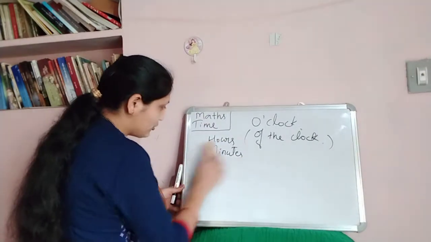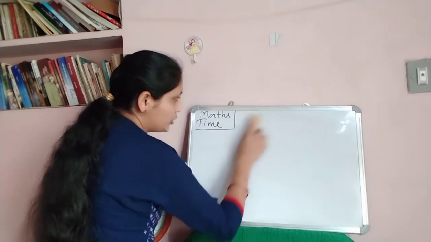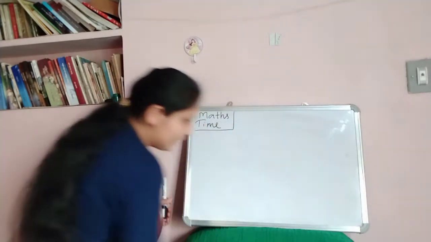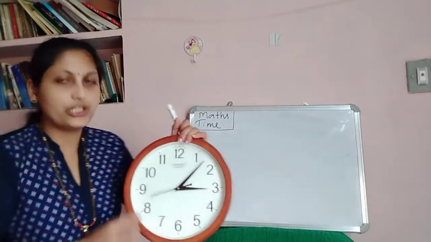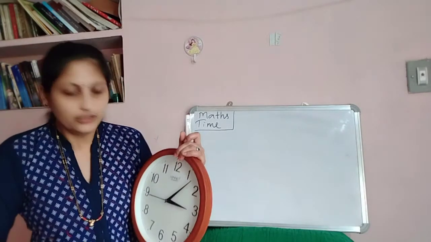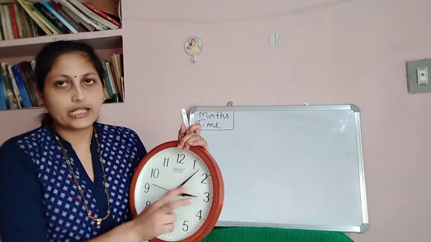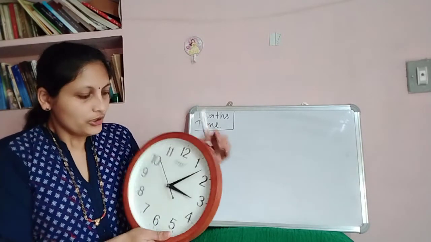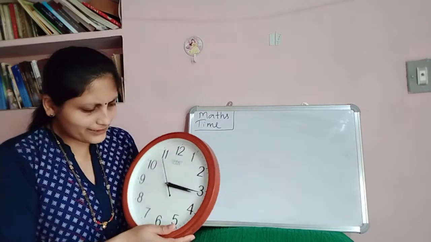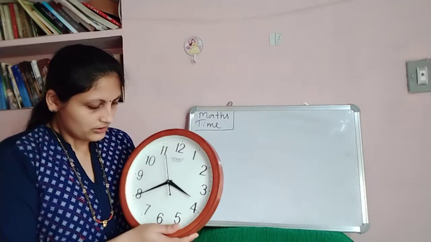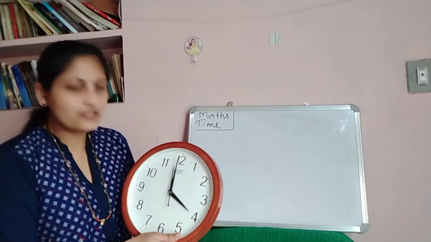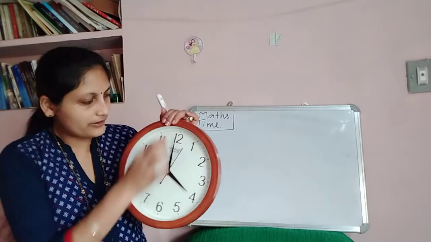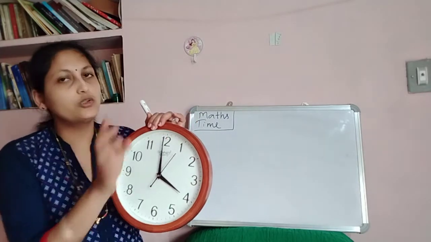Hope you understood this. The clock has 12 divisions. Each division represents an hour, and there are again 60 small divisions. Each small division represents a minute. There are 2 hands mainly. The short hand represents hours. The long hand represents minutes. Minutes start from 12. 12 means 00 minutes. The next division is 1 minute, the next division is 2 minutes, like that.